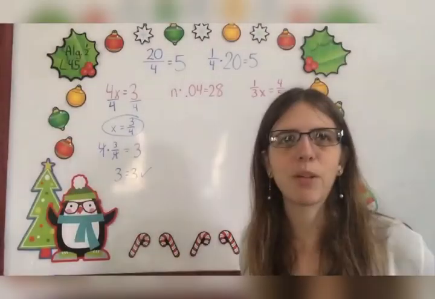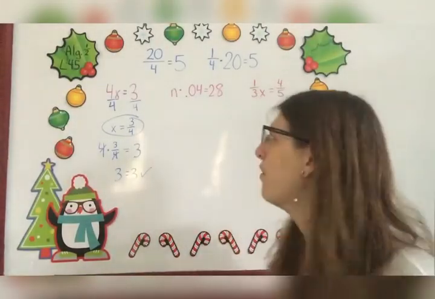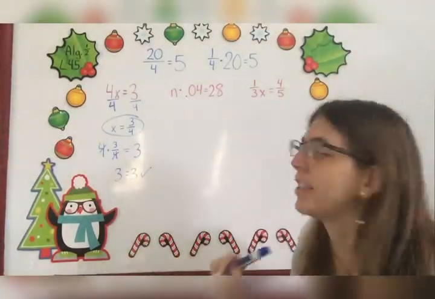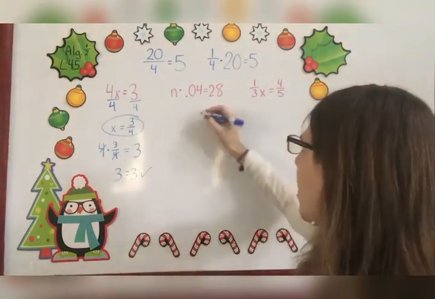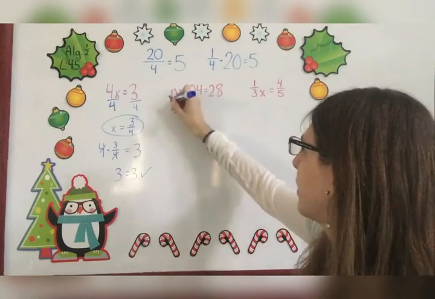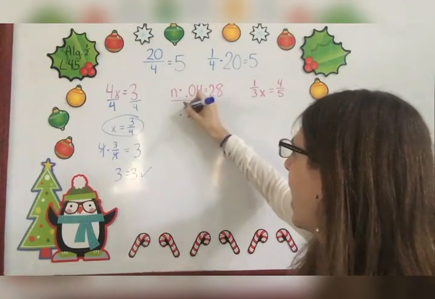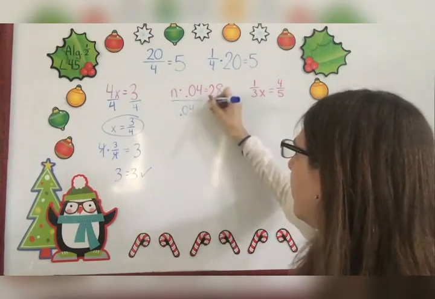All right, let's try another problem. Here I have n times 0.04 equals 28. Since I'm multiplying by 0.04, I'm going to divide by 0.04